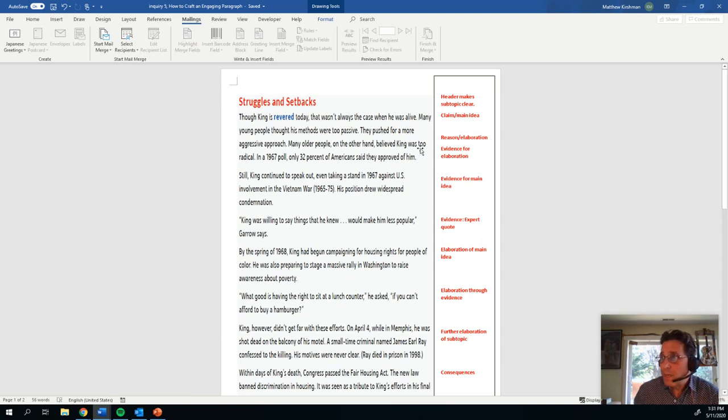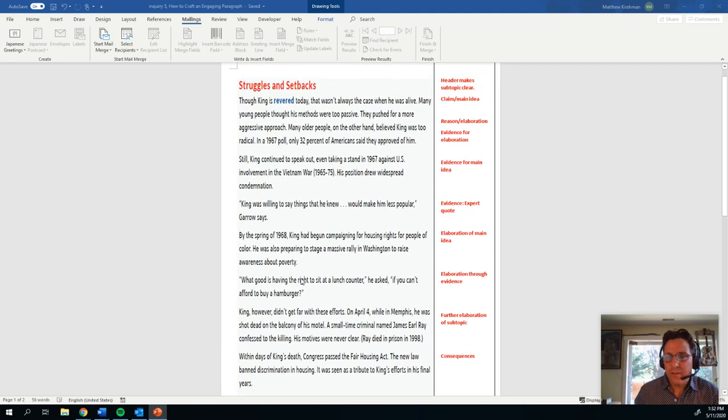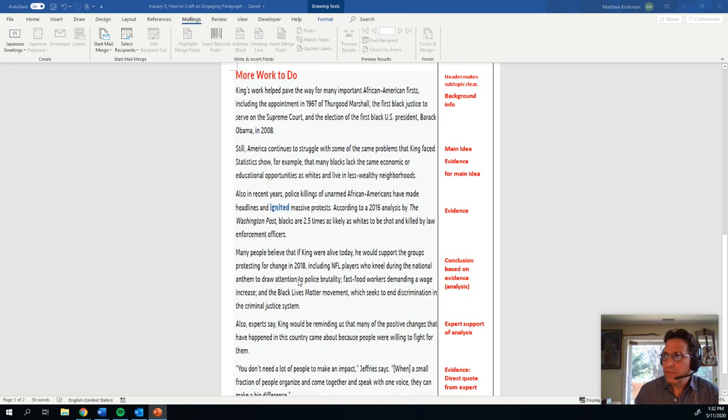There's evidence for the main idea. Then there's more evidence, an expert quote, and then further elaboration of the main idea. There's further elaboration through evidence. There's further elaboration of the subtopic, and then there are consequences. Now, that's one section. Let's take a look at the next section, where the writer concludes on the more work